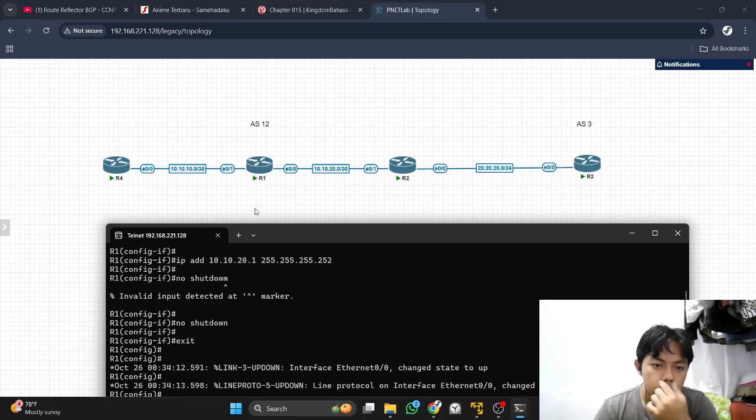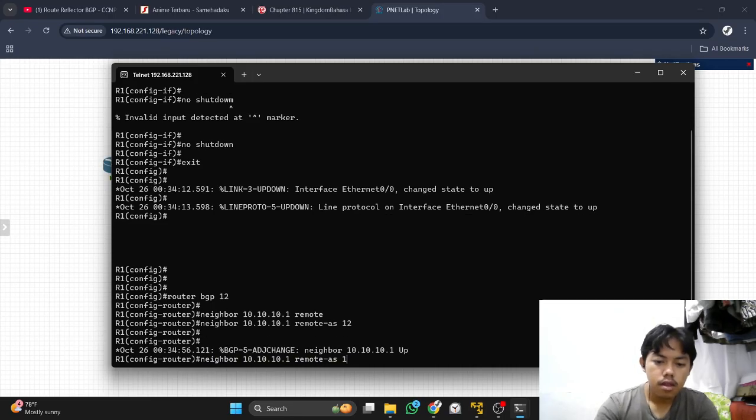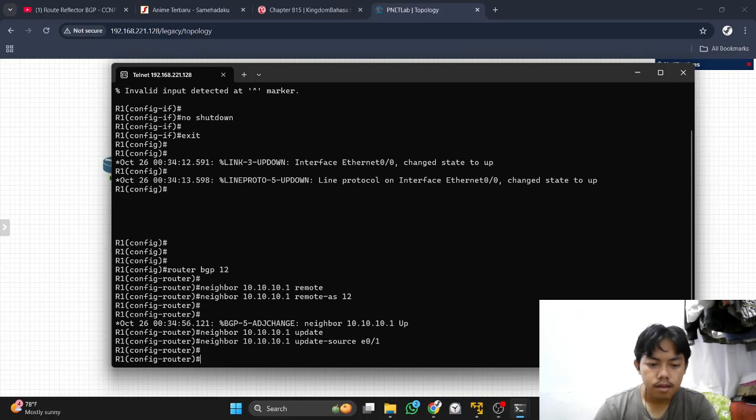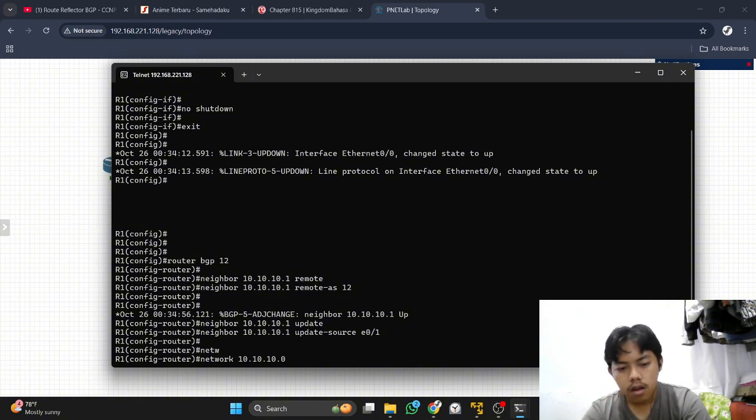So we add router 4, so our neighbor is this interface. Okay, and we set update source. Update source is 1, and network. How about the network?